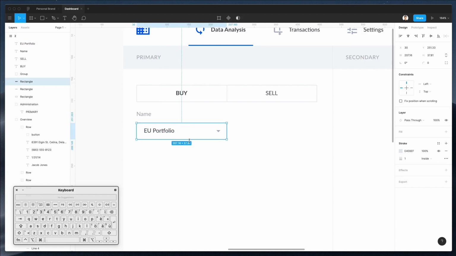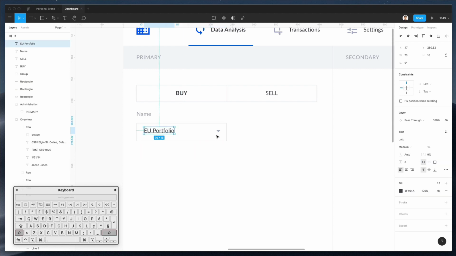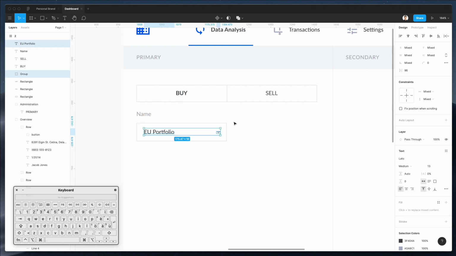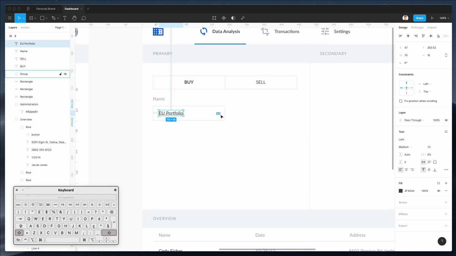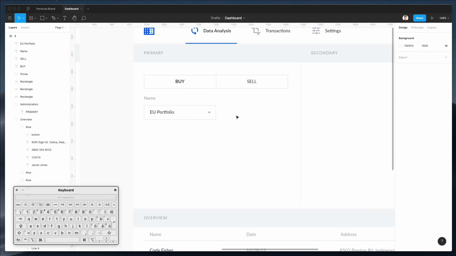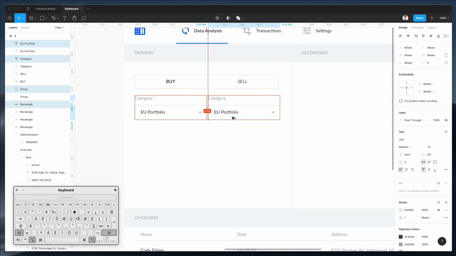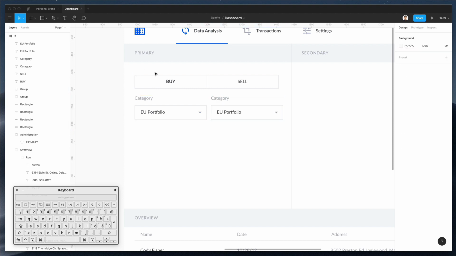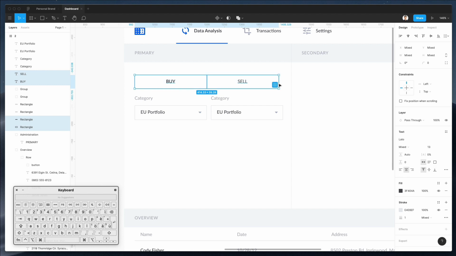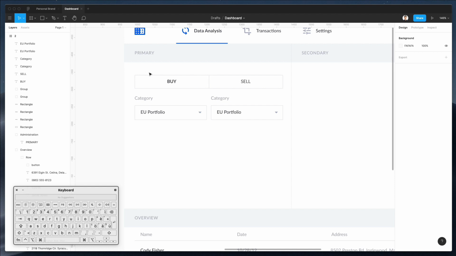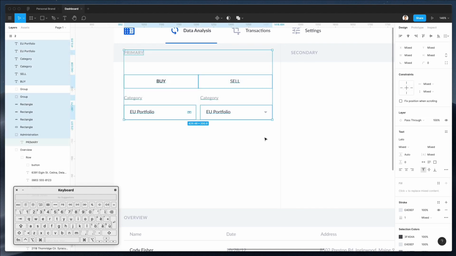Okay, perfect. Maybe let's just make it just a bit higher, and this will do. All right, cool. So we got the category, and now we're going to add a second one. But as you can see, we're having a little bit of an issue with the spacing. So one thing that we want to do is bring all of these a little bit more to the right, and maybe let's just select these all,